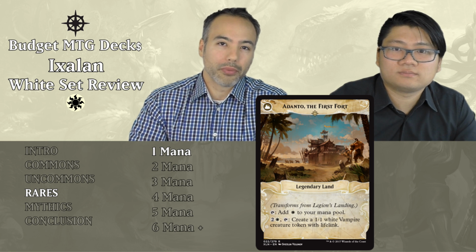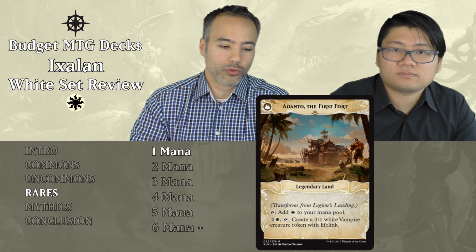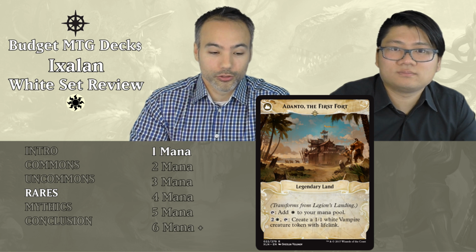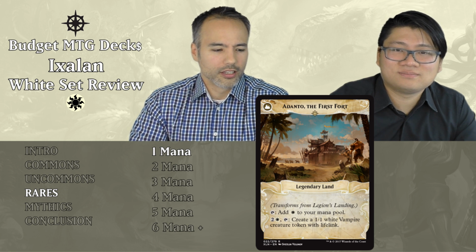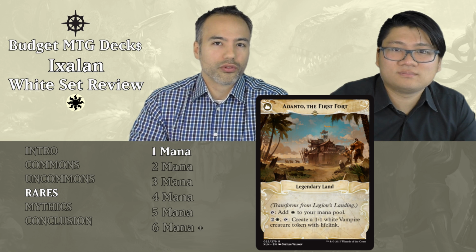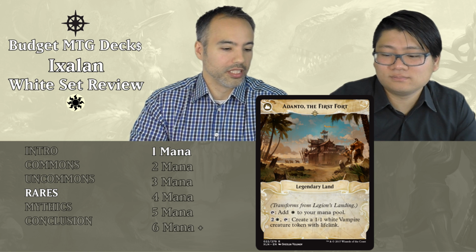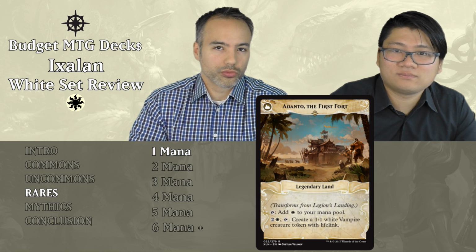But additionally, we can pay 2 and a white and tap this land to create a 1/1 white vampire creature token with lifelink, which of course we know how much I like those. Sarcasm aside, this card is not great. First of all, the 1 mana for the 1/1 with lifelink is already by itself not good enough to be included. Secondly, to have it turn into a land, you're going to need to attack with 3 creatures, which